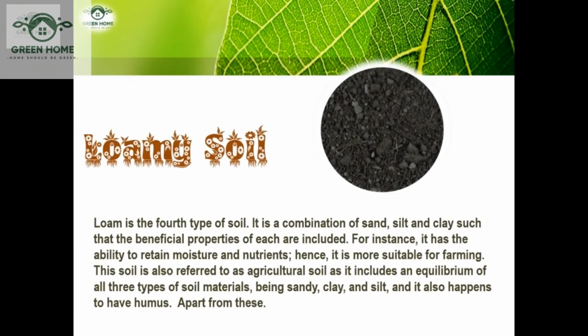Loamy soil. Loam is the fourth type of soil. It is a combination of sand, silt and clay such that the beneficial properties of each are included. For instance, it has the ability to retain moisture and nutrients. Hence, it is more suitable for farming. This soil is also referred to as agricultural soil as it includes an equilibrium of all three types of soil materials, being sandy, clay, and silt, and it also happens to have humus. Apart from these,